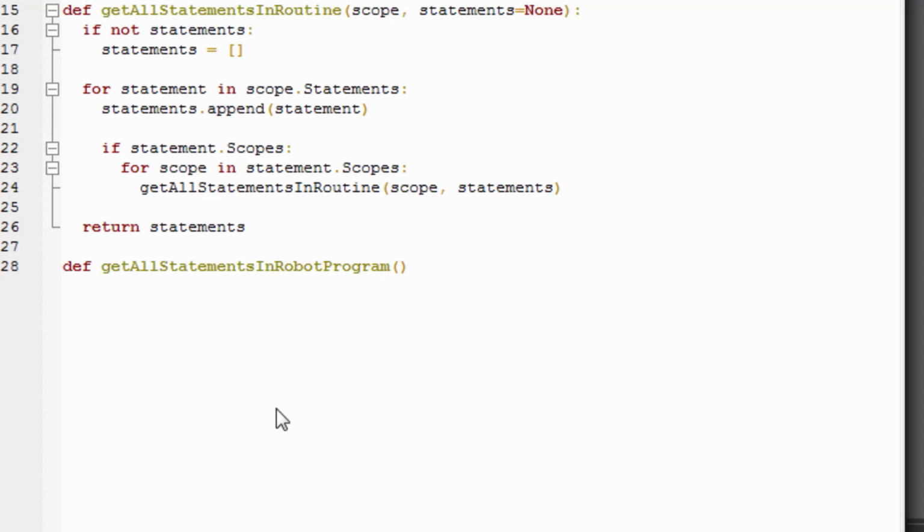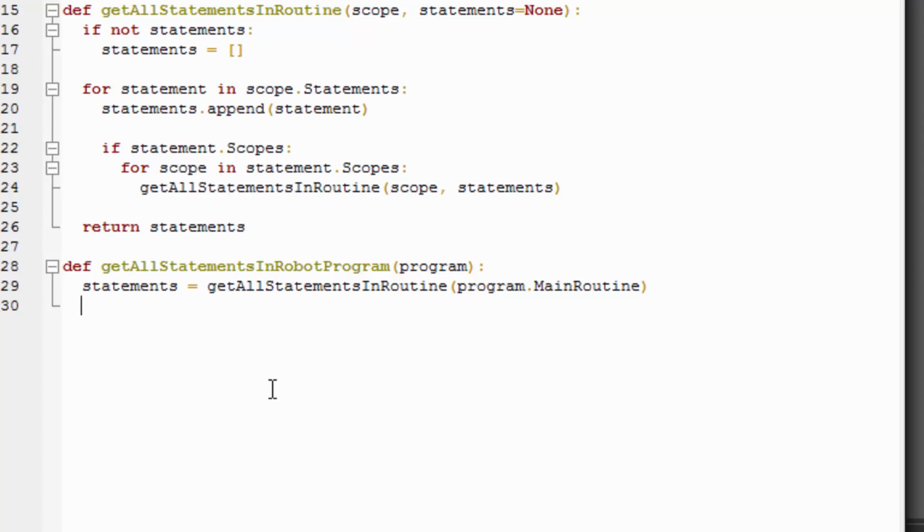Well, let's actually take a program as the argument, and we'll call our method we used for getting the statements in a routine. So we'll say statements equals get all statements in routine, and we'll pass it the program.mainRoutine, and that will be what we return.